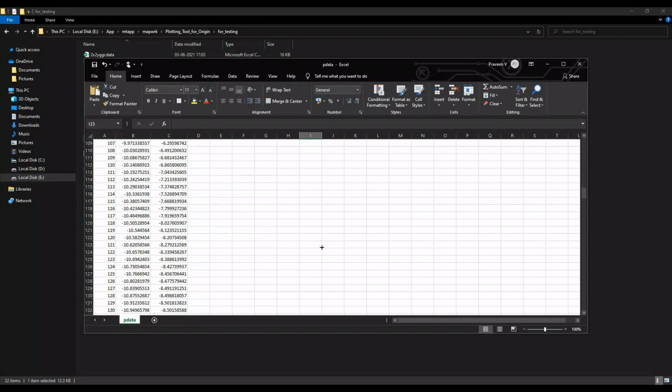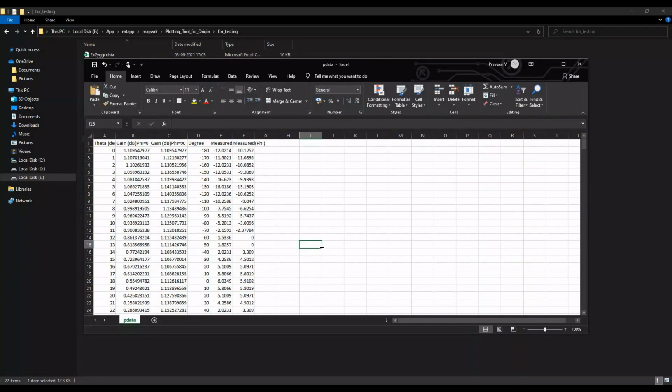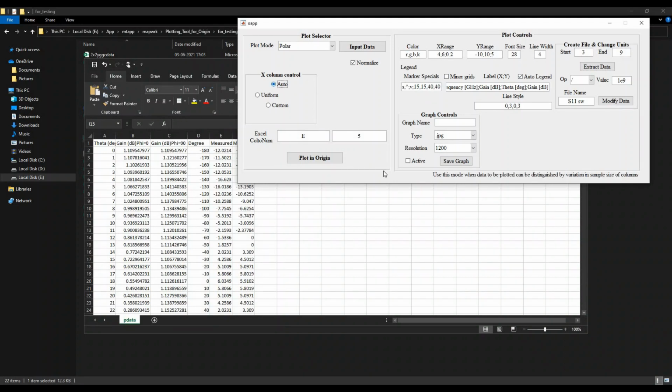As you can see, this is a file containing simulated and measured data. So now I'll just use this AutoX mode. It will automatically detect the variation between the columns and plot the data set accordingly.